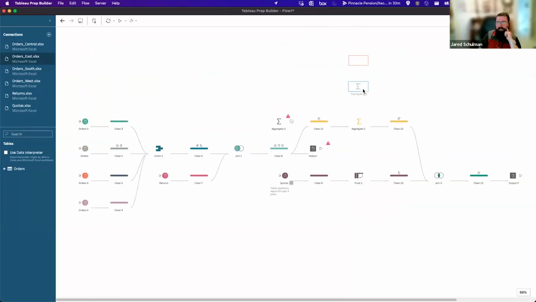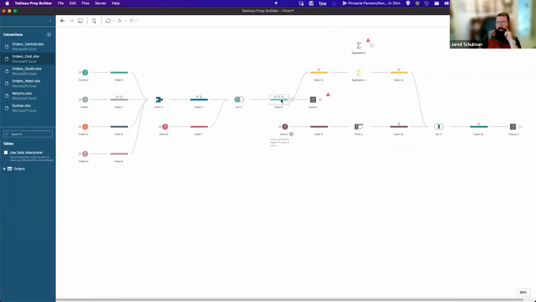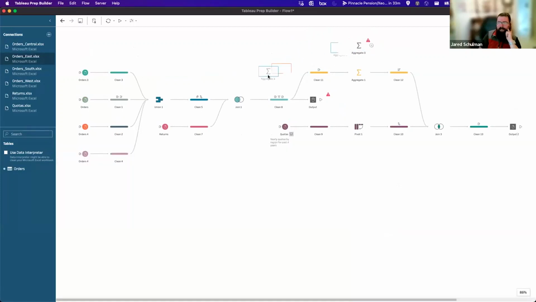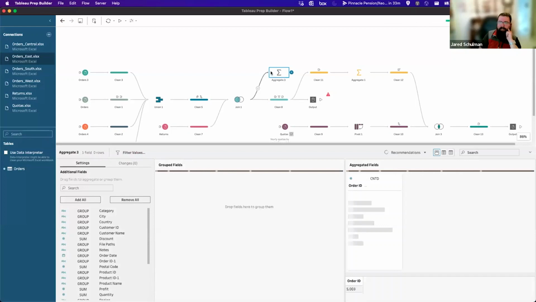And if I come up here and I look at this step, now there's 4,942. So if I'm looking for a place where I'm losing rows of data, you can just move around a step and do some various checks like that. And you just drag it over to the left side and add it back in, and it'll make that connection. Hopefully that's helpful.